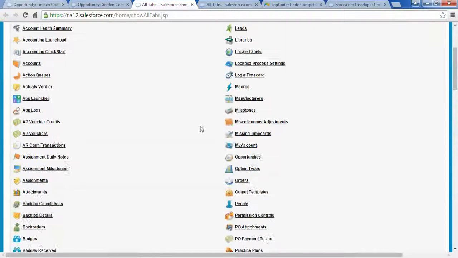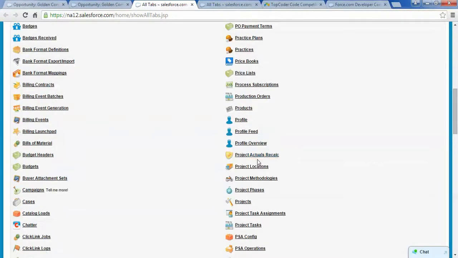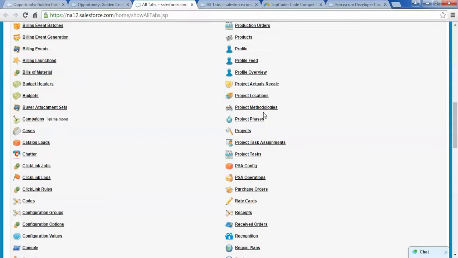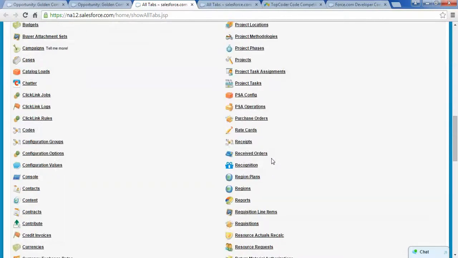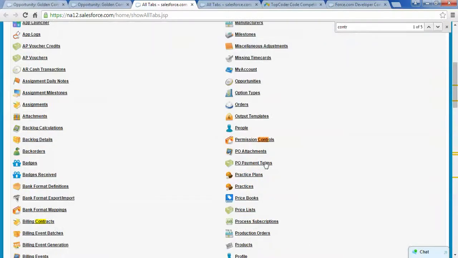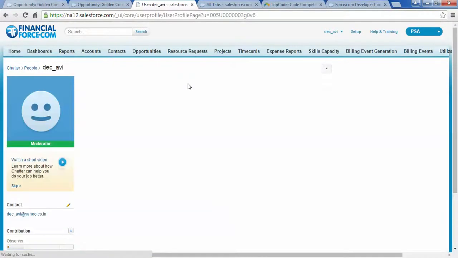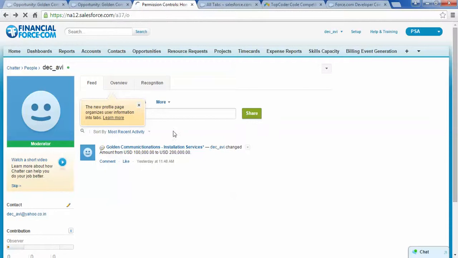So we have a tab called permission controls. Here you can see with my name one control I have created.